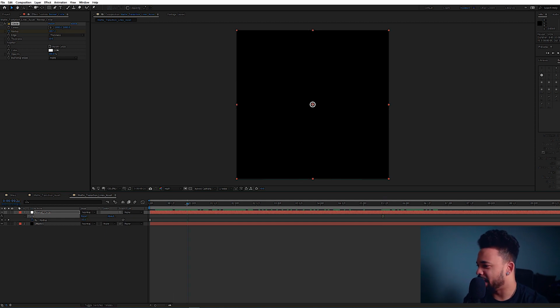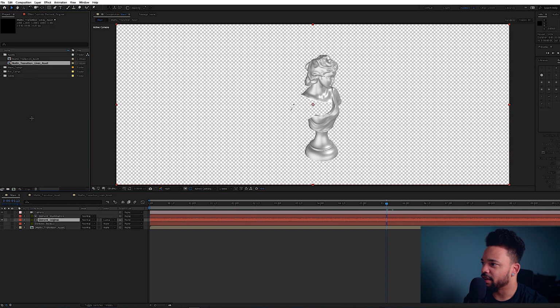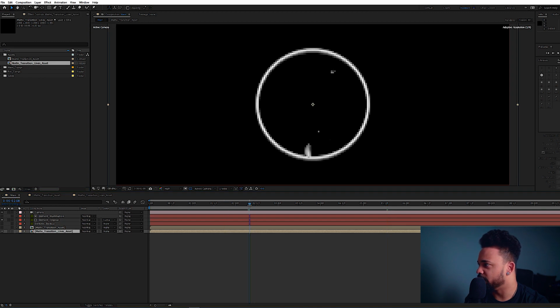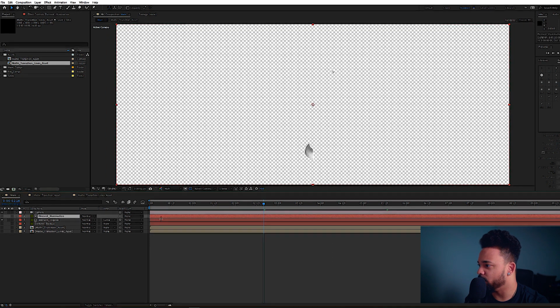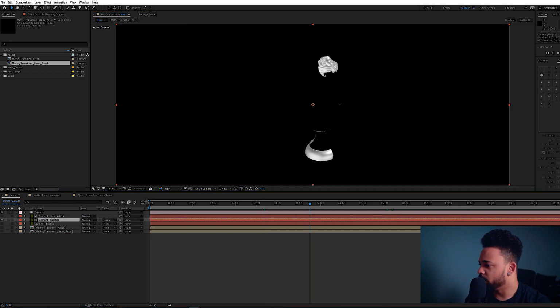So how we go ahead and make this happen, let's jump back inside our main comp, go back up here to the project, and now let's also drag in our new asset. You can kind of see what's going on here. I'm going to hit Control S just in case, and what we need to do is use the same setup that we got. We got our illumination going on, and then we also have our original track matte. We need to go ahead and duplicate this a couple times just to get this effect to work. So what I'm going to do, I'm going to click on both of these and then Control D to